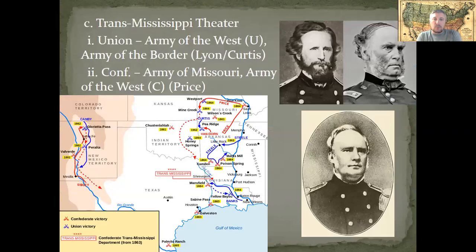The final theater of war is the Trans-Mississippi Theater. This is fighting that took place west of the Mississippi. And the fighting mainly takes place in Missouri and Arkansas. There is some fighting in Texas and Oklahoma and Louisiana, but the main fighting, the heaviest fighting, is in Missouri and later Arkansas. Missouri is in a very interesting spot because it is a pro-Southern state, but with border state